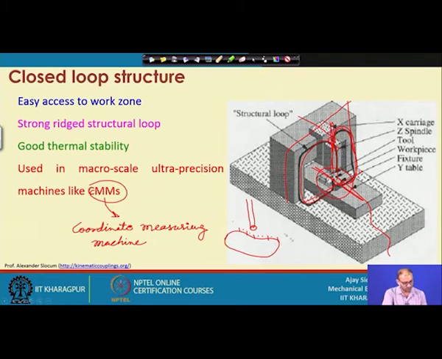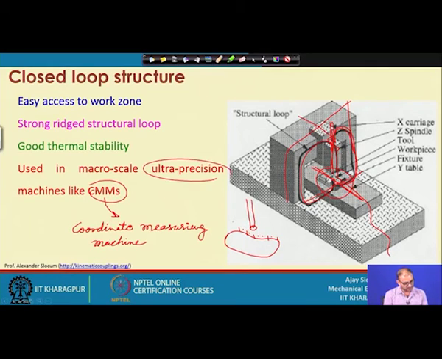So, if you do not have a CAD drawing or the 3D model of a component, and you want to generate a 3D component or 3D drawing out of it, then this probe or this CMM is very useful. It will get all the information as a data cloud, and after that you can join those points using different curve fitting techniques, and you can get the real picture of that thing, and after that you can convert it into different types of drawings or different views. So, that is why it is useful.